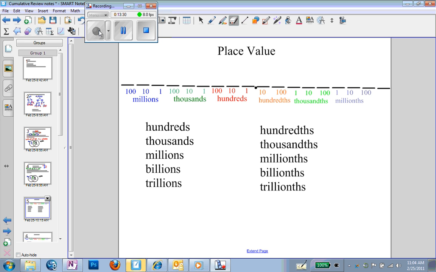Okay, the next thing you need to know is the patterns of numbers: hundreds, thousands, millions, billions, trillions, in that order. So you need to know that the first 3 are hundreds, although we call them ones, tens, and hundreds. The next ones would be 1,000, 10,000, 100,000. Then 1 million, 10 million, 100 million. Then 1 billion, 10 billion, 100 billion. 1 trillion, 10 trillion, 100 trillion. Then on the other side,